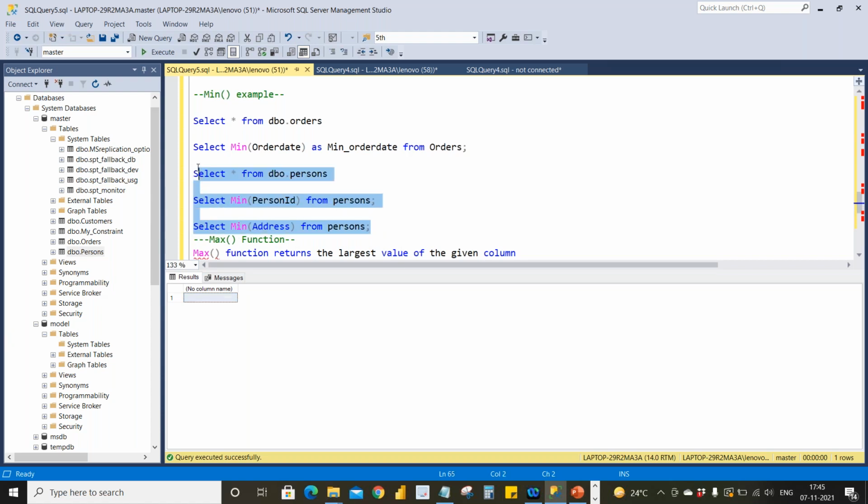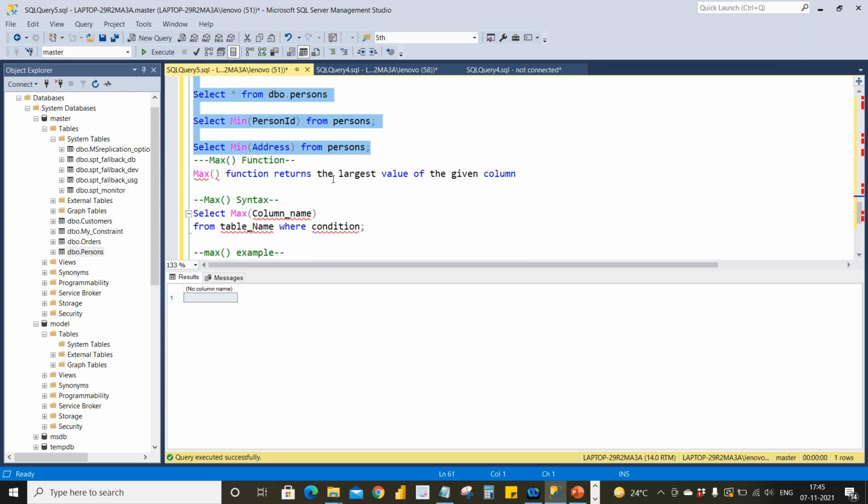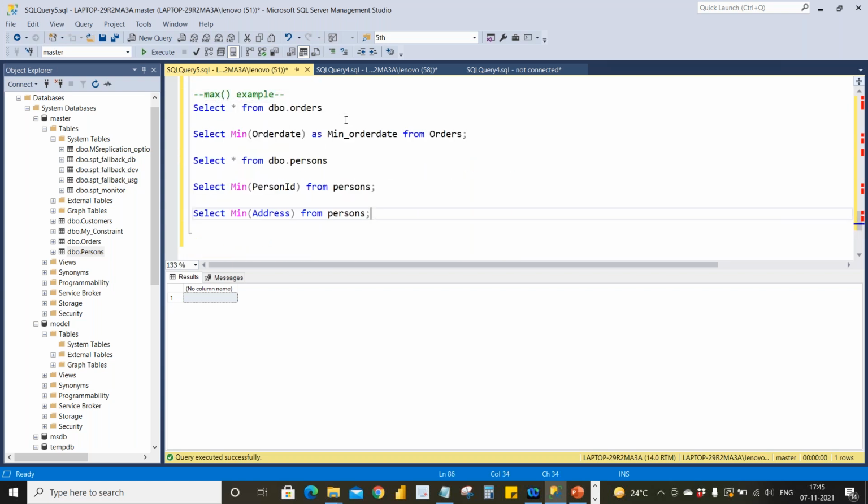So in the same way we can get it for maximum also. Max order date in the orders table is 2021-8/23. If you observe, this is the greatest value, highest value. And the maximum person ID, I think it's 115. Let's see. It's 115.